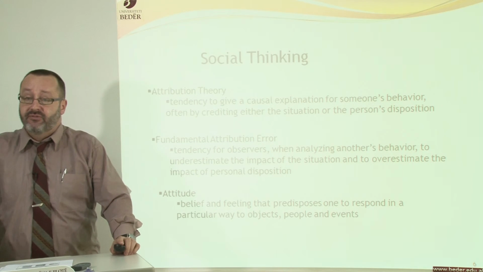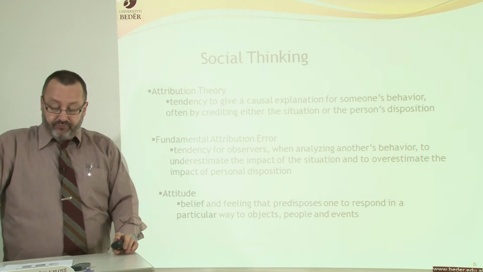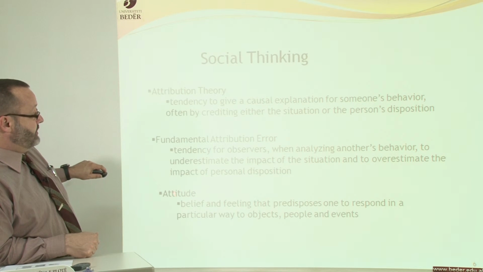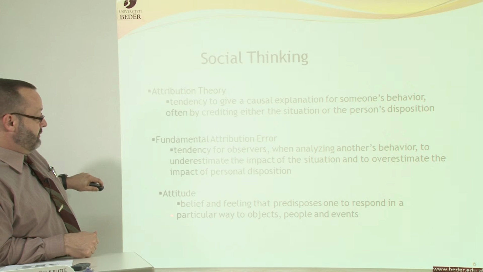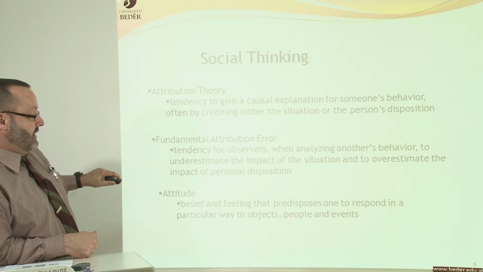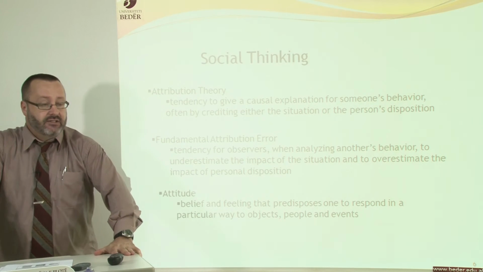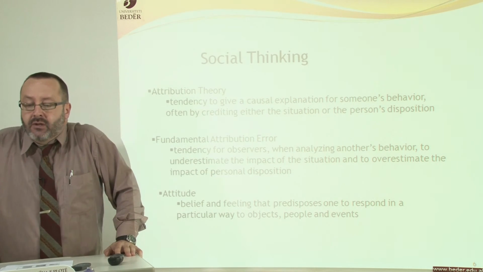And we'll see an example of that in a moment. And attitude in regards to attribution theory, belief and feeling that predisposes one to respond in a particular way to objects, people, and events. The example I would give to you is I have a very good friend